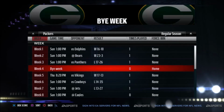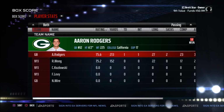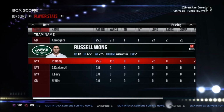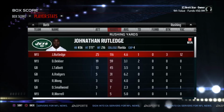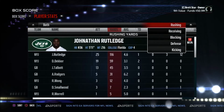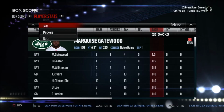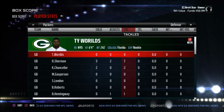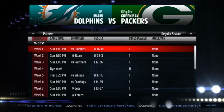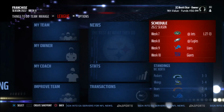And then the Jets game, and the Jets earned 1 touchdown, 1 interception. As you can see, rushing wise, we could not stop their 90 overall running back, Jonathan Rutledge. So it just didn't work so well. Let's look at just the Packers defense. No sacks, no interceptions. So you can see that the Packers are struggling a little bit,